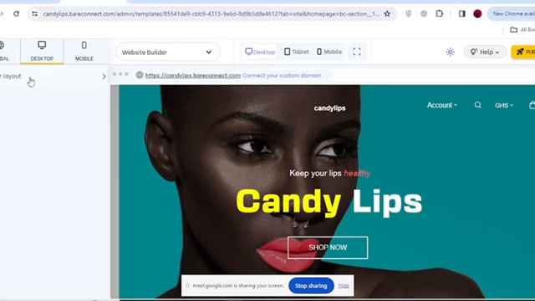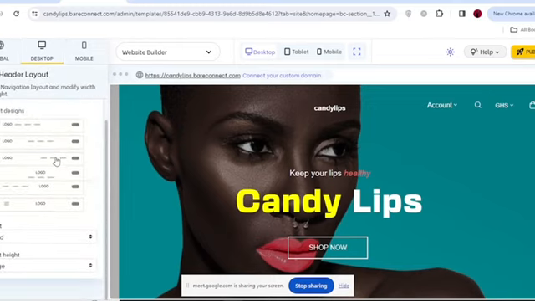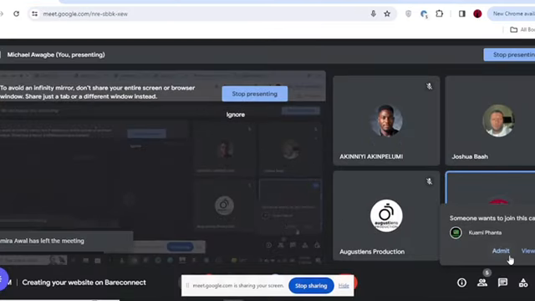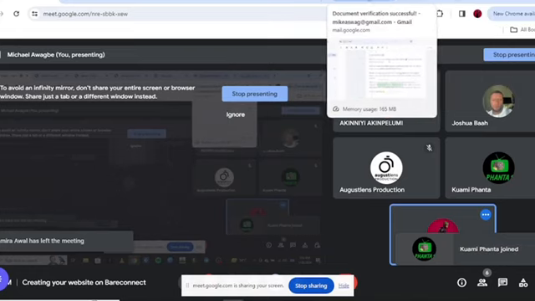We have already gone through this, so let's go to the desktop, and then you click on the header layout. Now on the header layout, you can see that we have the layout designs. So you can have the, once again,